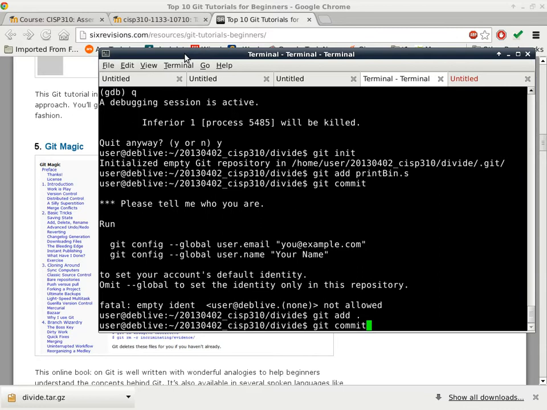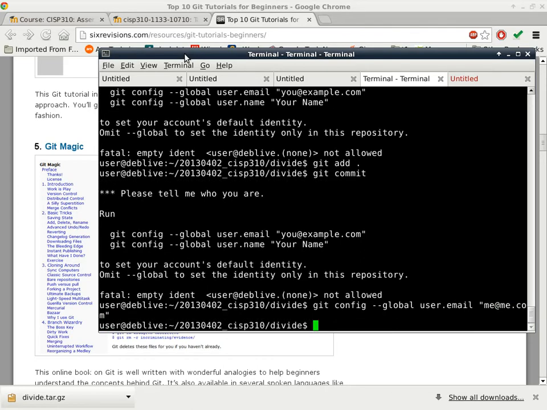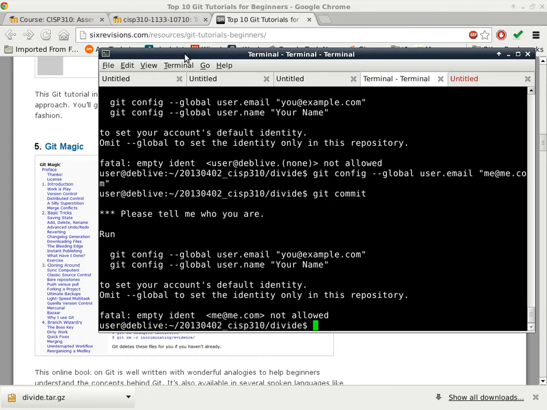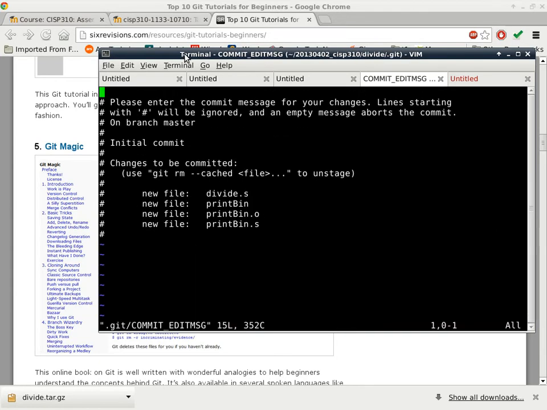The commit issue has to do with I did not specify who I am. So we'll go ahead and say git config. You just need something. Okay, still complaining. Here we go. Little things. So we'll go ahead and enter the commit message. Okay, the loop